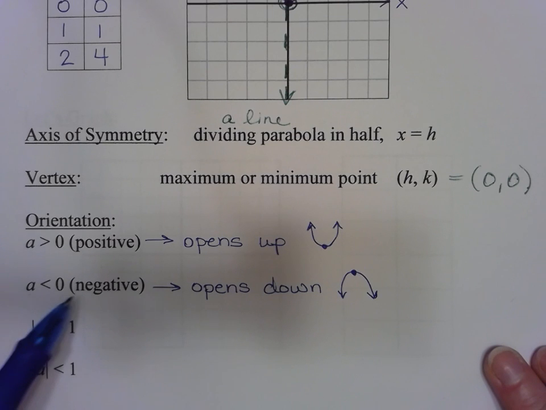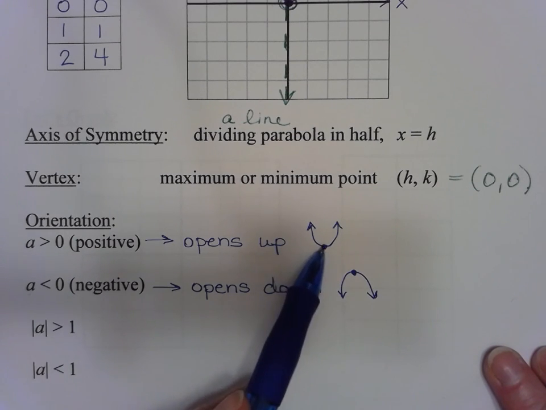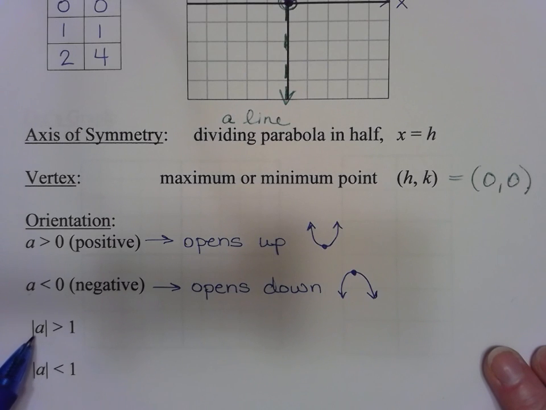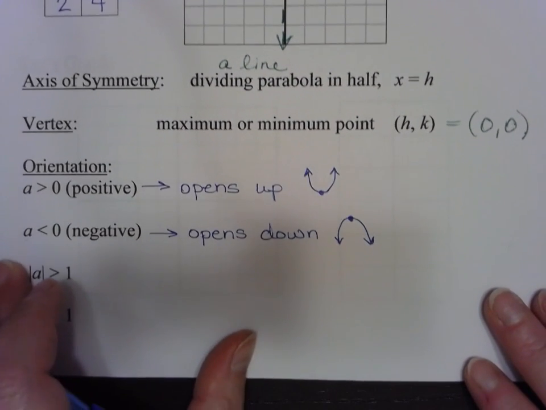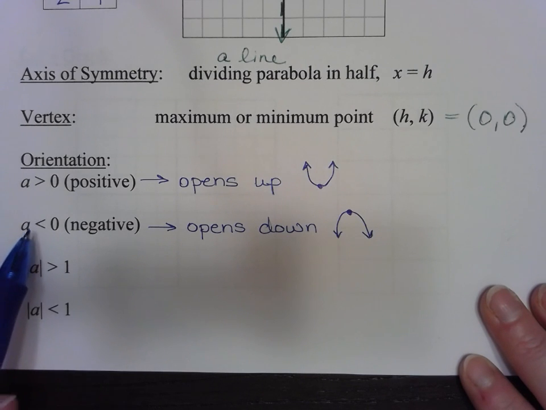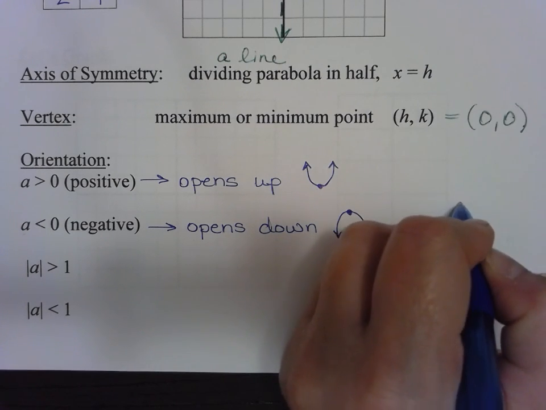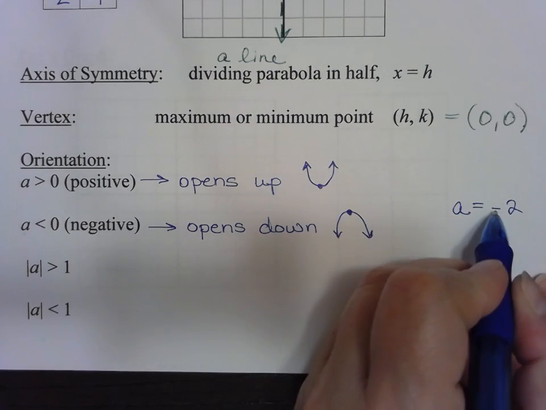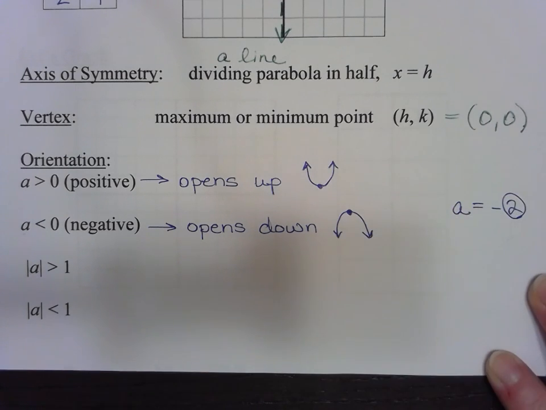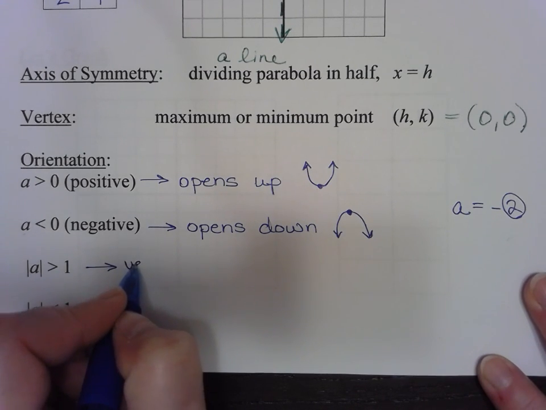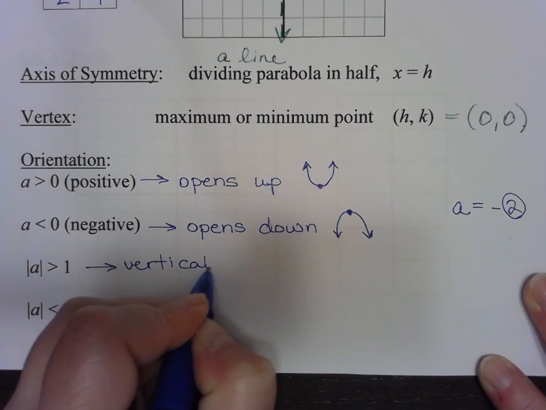Okay, so a positive or negative number affects whether it opens up or opens down. The number part of a, now we're going to disregard the sign because we've already addressed that up here. So I put on the absolute value bars here so that we're not talking about it being positive or negative, we're just talking about the number part. So if a were -2, I'm not talking about the negative, I'm just talking about the 2. So if that number is bigger than 1,